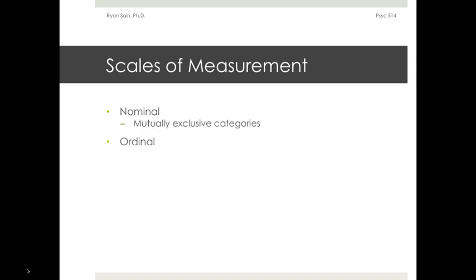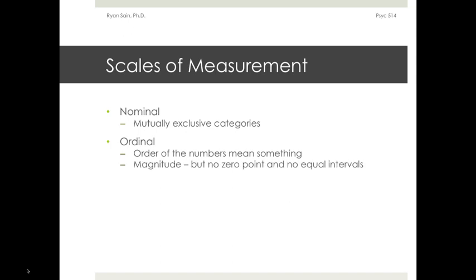Okay? Ordinal, as we go up in the scale, we improve what we can do with it and what we can learn from our numbers, right? So ordinal level data, the order of the numbers means something, right? So an example here is, we'll get to an example in a moment, but the order of the number itself,